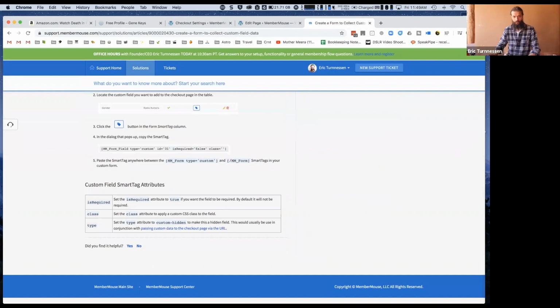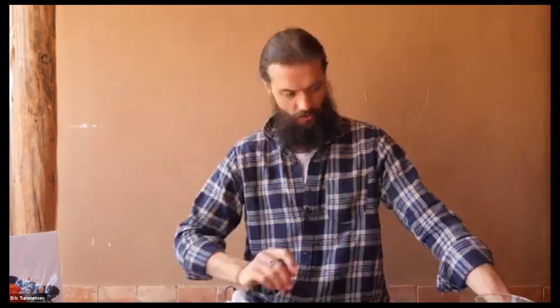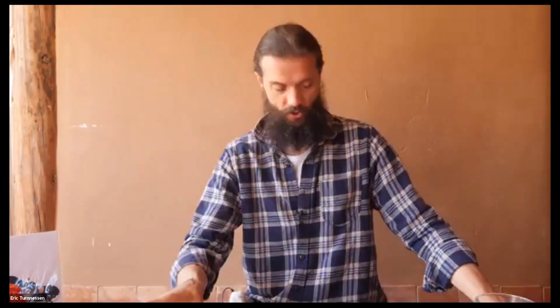Okay, so those are the two ways that you can collect custom field data. And you don't need a professional. You can just do it yourself. You literally do it in 15 minutes like I just did. I did it quicker than that, but you know, I'm giving you a little bit of leeway. Okay,